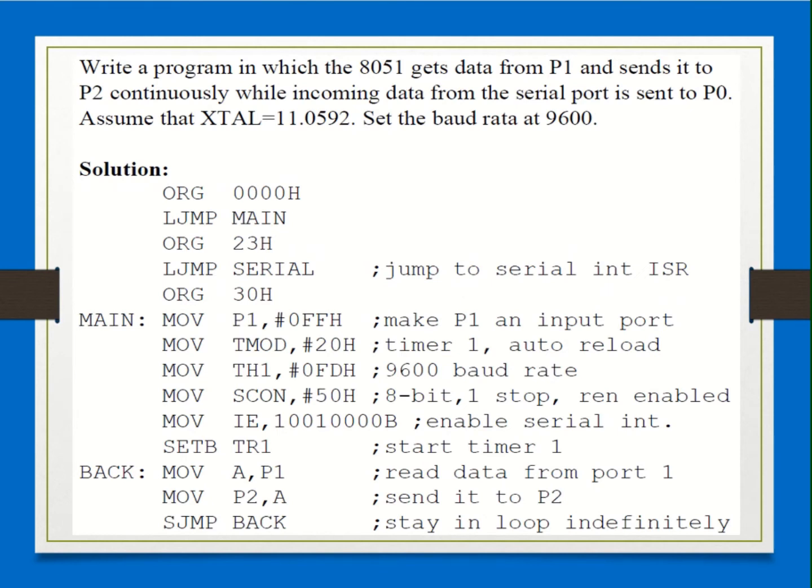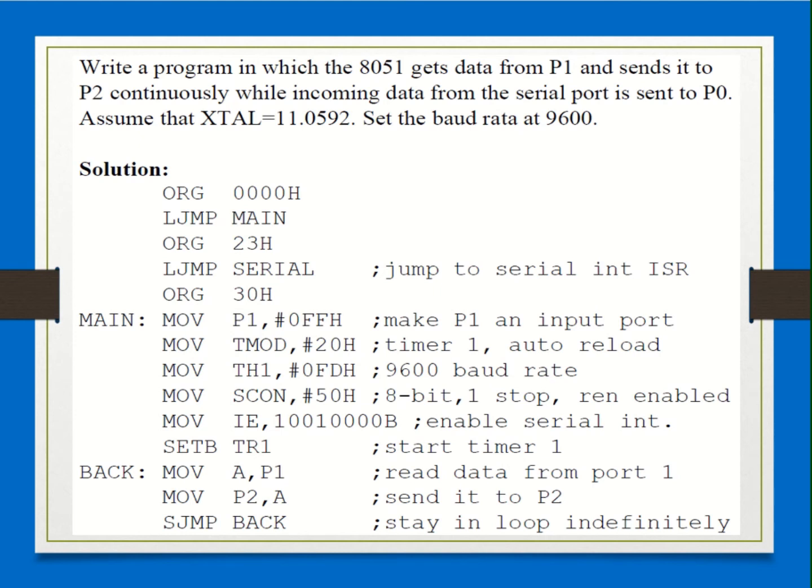Okay, let us analyze this program. Write a program in which the 8051 gets data from port 1 and sends it to port 2 continuously. So you are reading data from port 1 and sending it to port 2. Port 1 is the input port, port 2 is the output port, while incoming data from the serial port is sent to port 0.